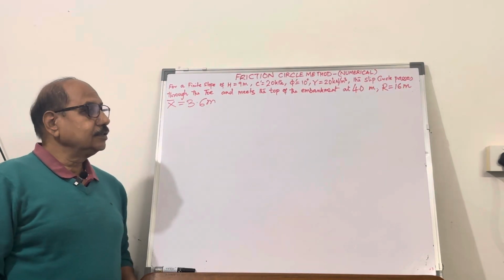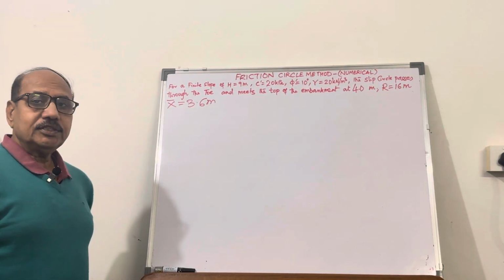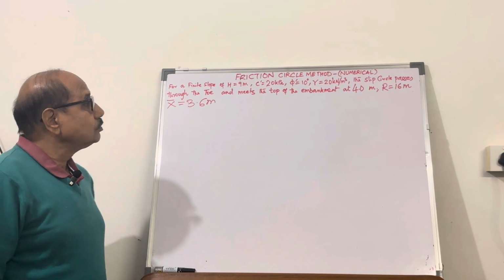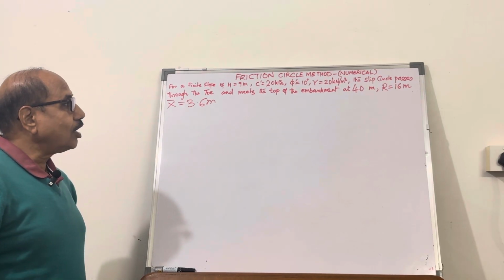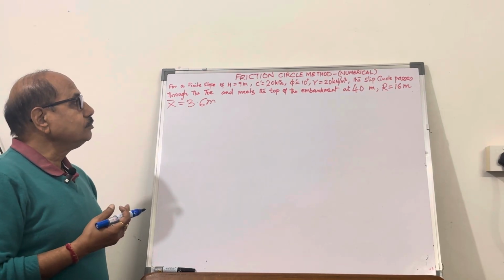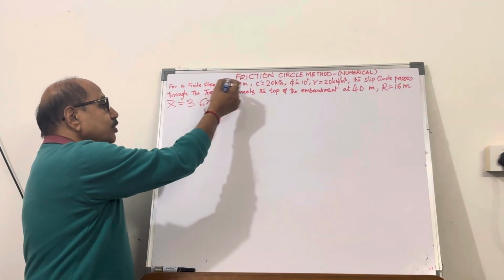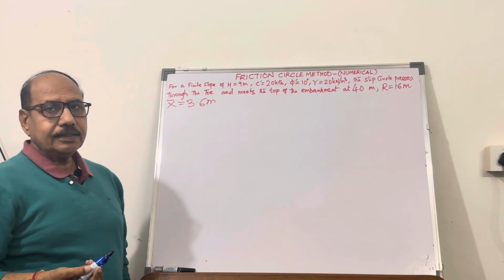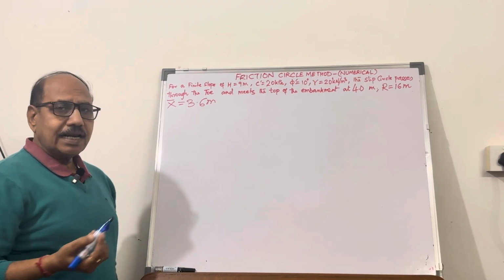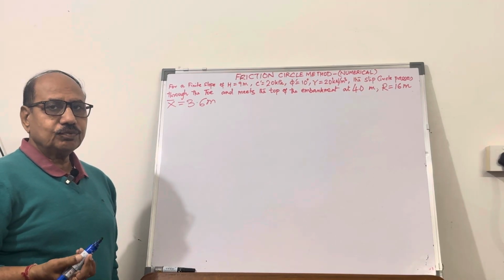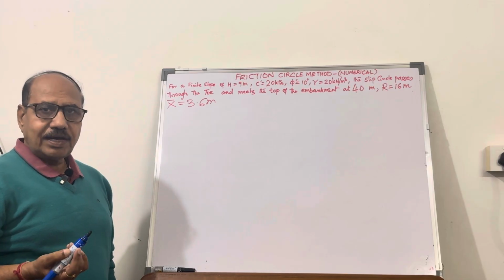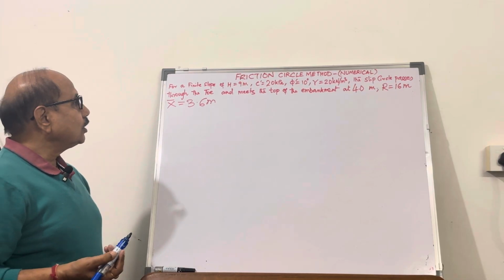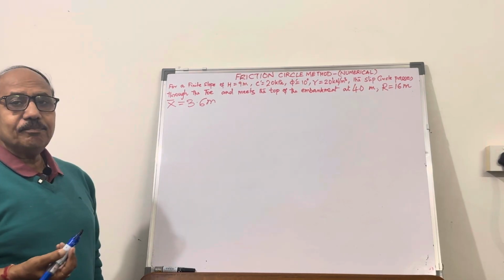Hello friends, in continuation with the previous video, today we are going to solve one problem using the friction circle method. Last time you have seen the theory. It's a graphical approach and it's used for homogeneous c-phi soil. So here, for an embankment,